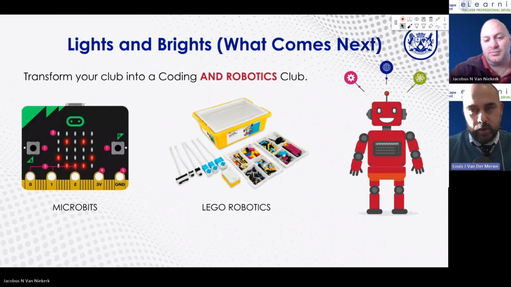In my document that we're going to share with you, I link you to all the grants that you can apply for. So it's there. Please, if you think the Lego League is something you want to do, that's great. If you think the microbits is something a school might want to invest in, that's also great. These are, in my opinion, one of the easiest integrations into robotics for a school.